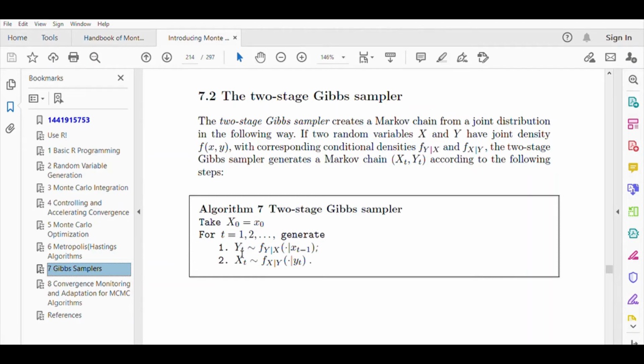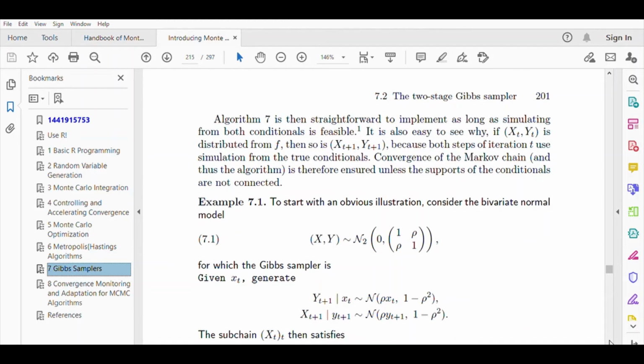Suppose it is y_t. Now use this y_t and generate a random variable from the conditional distribution of x given y, and go on doing this until the chain converges. So it's like every time it's a kind of two-step Markov chain, isn't it? This is a Markov chain as well as this is going to be a Markov chain. So they are going to be dependent on each other. So does it actually work? Can we have a quick example of it that we can see?